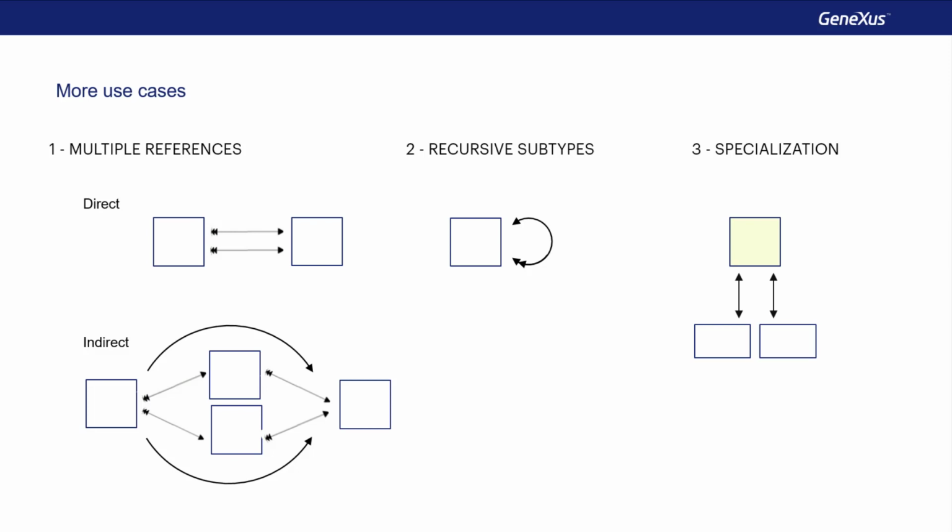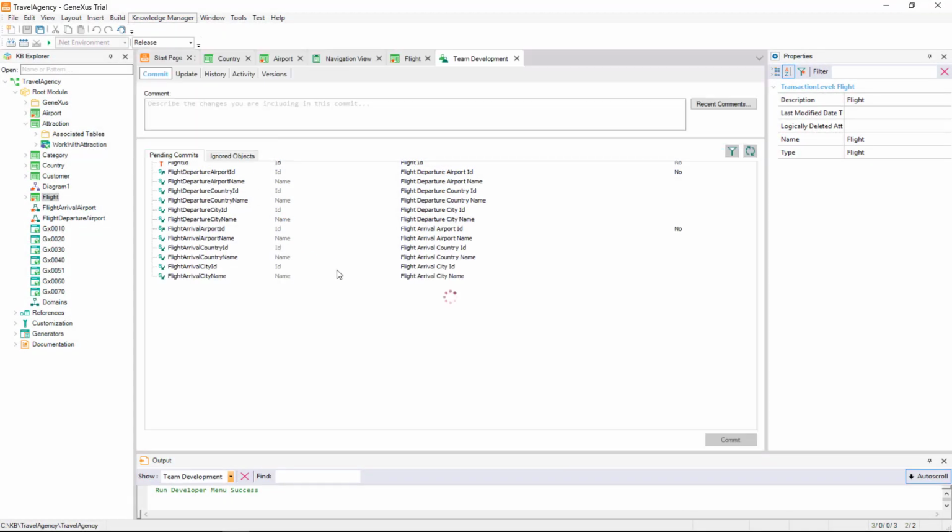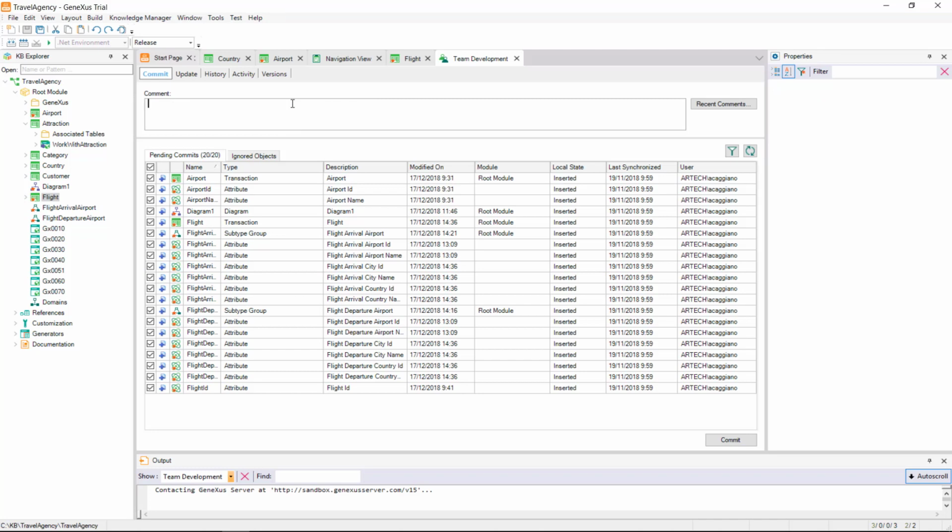Or in the case where we have an entity which registers general information, for example, of people, such as the name, telephone number, address, and so on, and then have entities which are specializations of that other entity, for example, clients and passengers, who in particular are also people. These are just a few examples from all the possibilities that exist. We only mention them here, we won't study them in this course.